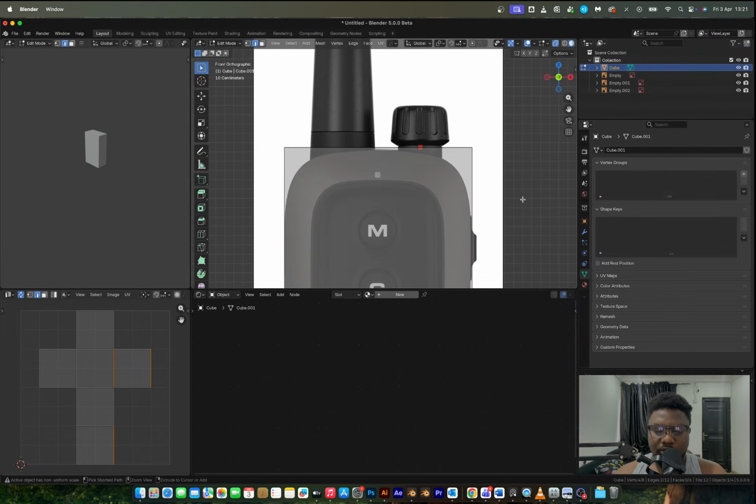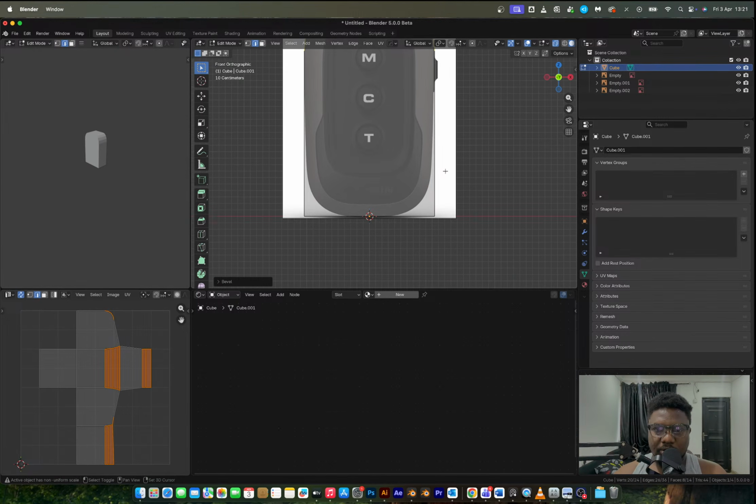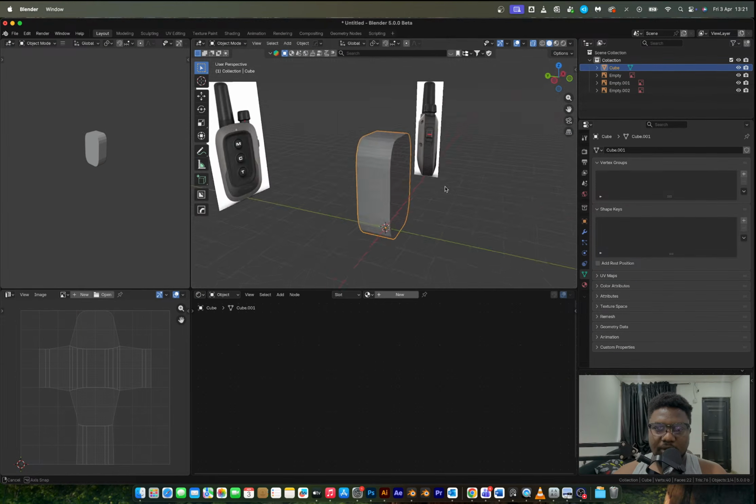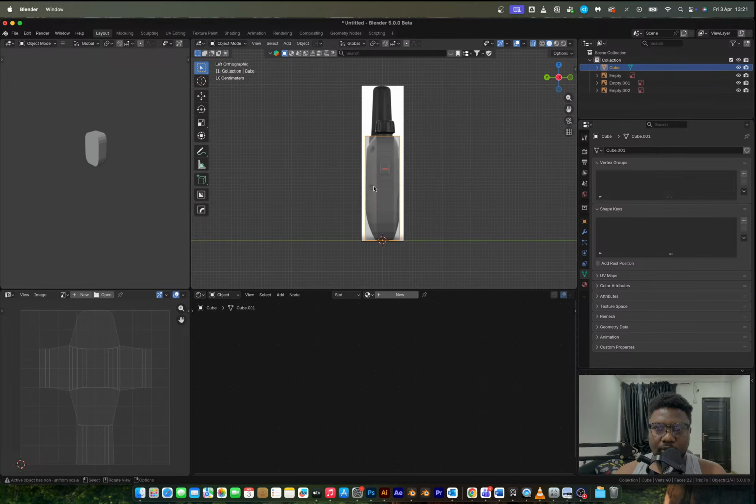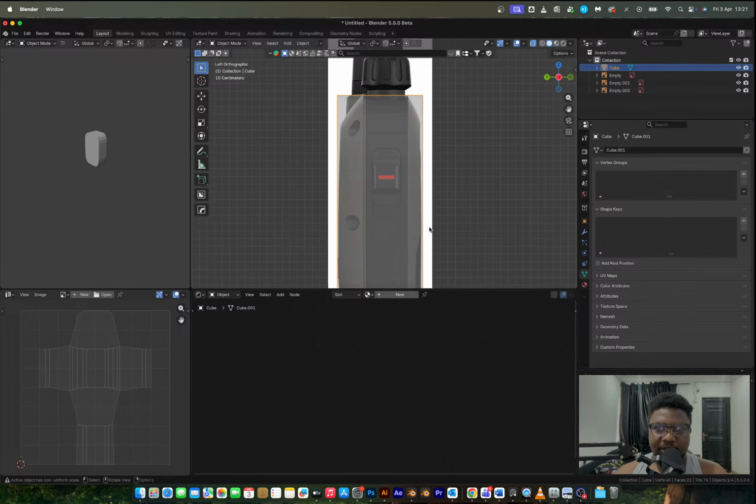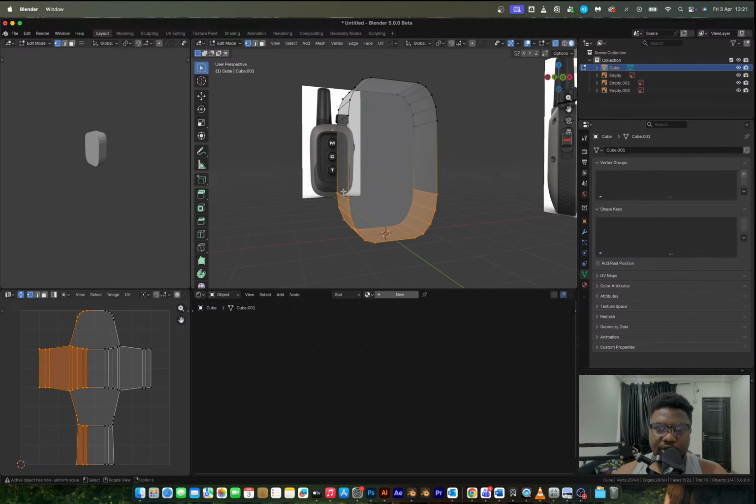First of all, I think I want to bevel this. So I'm going to bevel this part just like so. And then I'll take this part and also just bevel those. So I think this is the basic shape for this walkie-talkie, except that I need to make sure that these